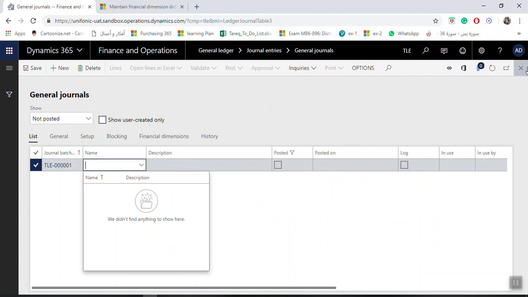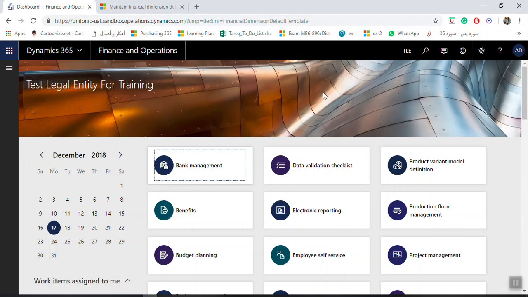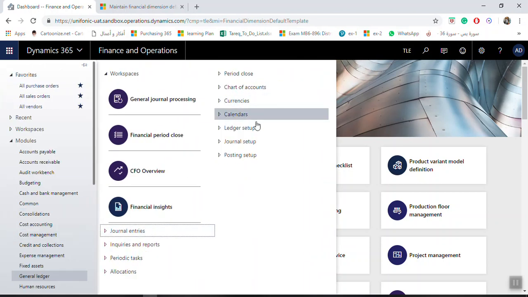Some organizations decide to create only one general journal name for all transactions, and other organizations decide to use different journal names for different transaction types. For example, accruals is different, petty cash journals is a different journal name, not like general journals. For adjustments, they categorize a specific journal name, for example, to easily search and find in the future and filter on a specific journal name if they need to. So if you need to create new journal names in Microsoft Dynamics 365, go to General Ledger